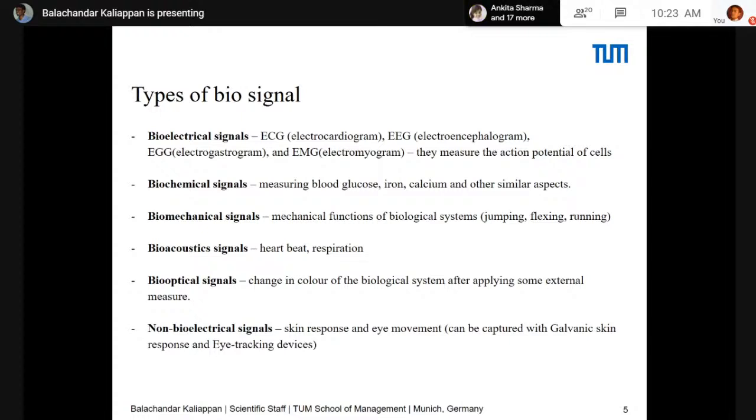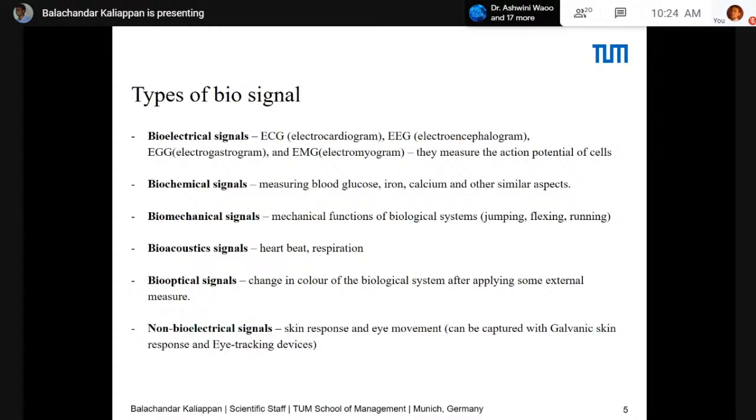But how is this measured? Because each and every cell in your body has some sort of action potential. If you want to move your hand, the hand receives some sort of signal from the brain, and then the brain commands the hand to move. This is basically some sort of action potential that is happening in your brain, and that directs the hand to move, and that is how the movement